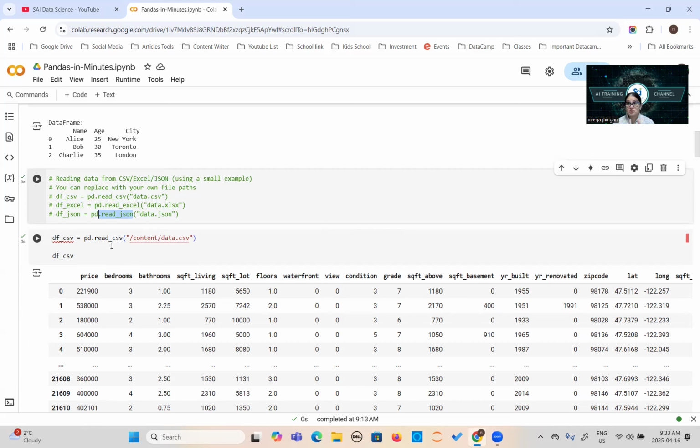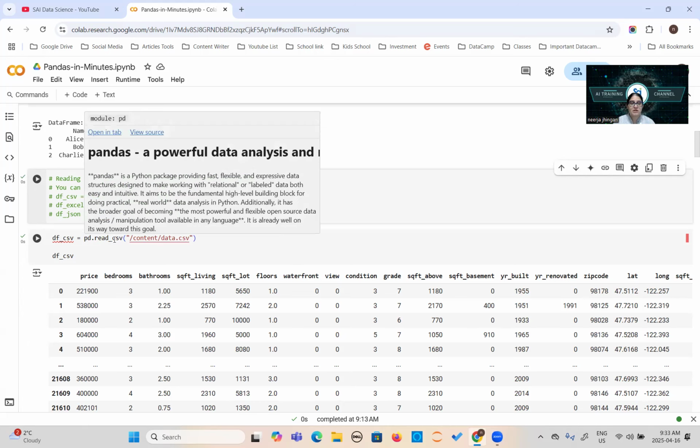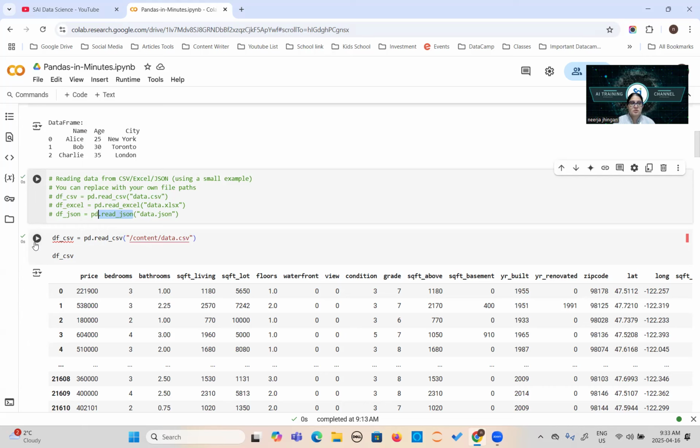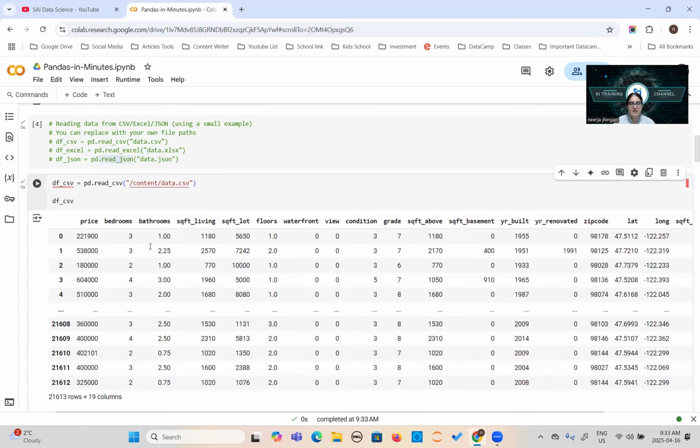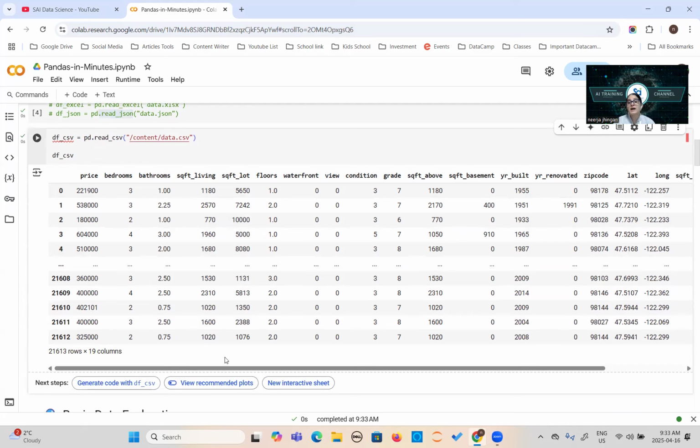Otherwise, you need to just think about it. You need to make a lot of custom functions. But the pandas library from Python is giving you the inbuilt method. So if you have the data in CSV format, you can simply say pd.read_csv and just load it. I have uploaded the dummy data here. So this is the data. This is a tabular form.